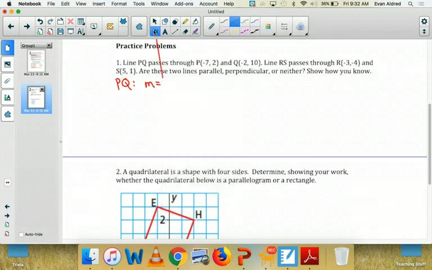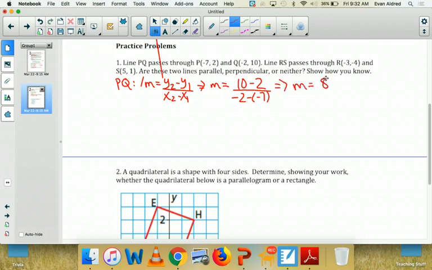So the slope, of course, is y2 minus y1 over x2 minus x1. So we'll go 10 subtract 2 over negative 2 subtract negative 7. 10 subtract 2, of course, is 8. Negative 2 plus 7 is going to be 5. So we get a slope of 8 over 5 for line PQ. Line RS, meanwhile,